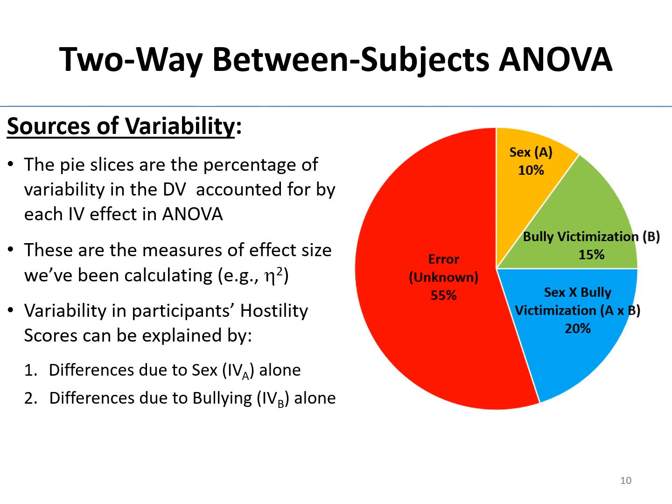Then you also have your differences that are accounted for just by bullying. That's your main effect of bullying. So, regardless of other things, people who got bullied are just a little more hostile than people who didn't, or vice versa. Maybe it makes them nice. I have no idea. But here I just said about 5% of the variability perhaps can be predicted by that, or accounted for. And then finally, you have that third